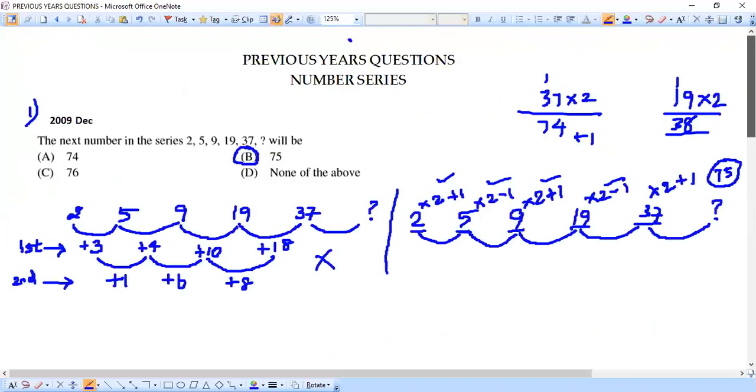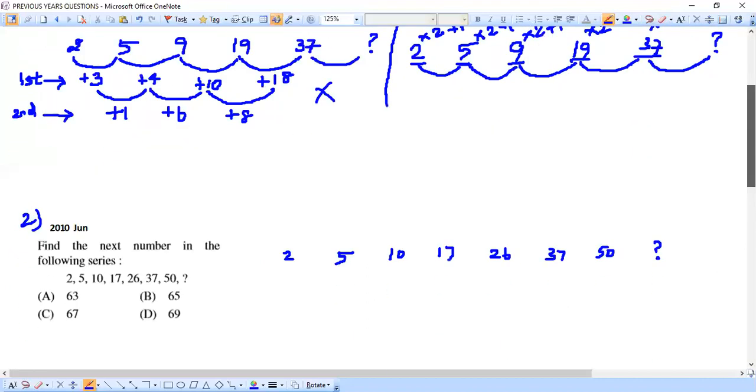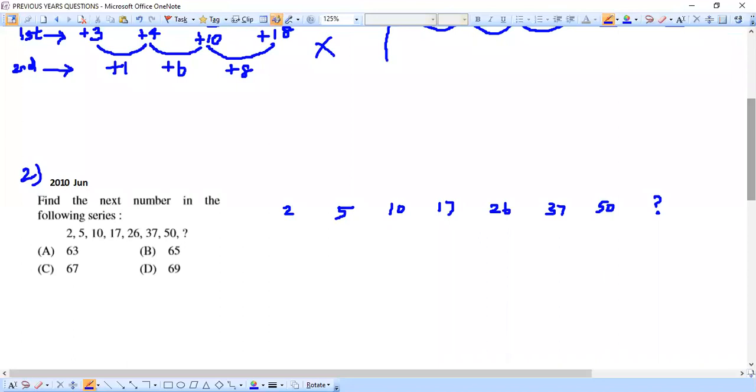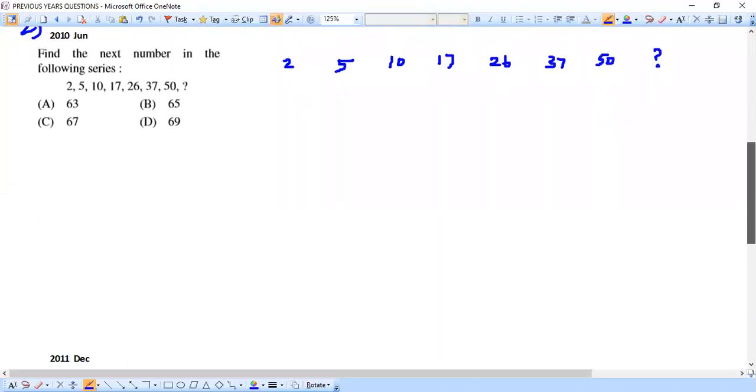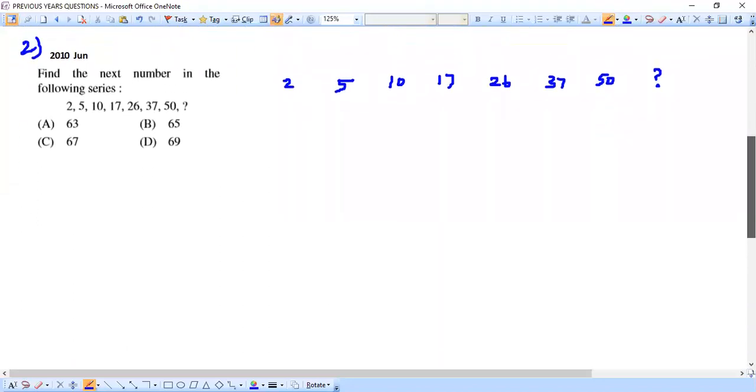Like the previous question, here our sequence is an increasing sequence. By looking at the numbers itself, we can very well conclude it. See, the size of the numbers is increasing, from small numbers to large numbers. The same way here also, we are getting an increasing sequence. So as usual, our test should be giving preference to the operations.